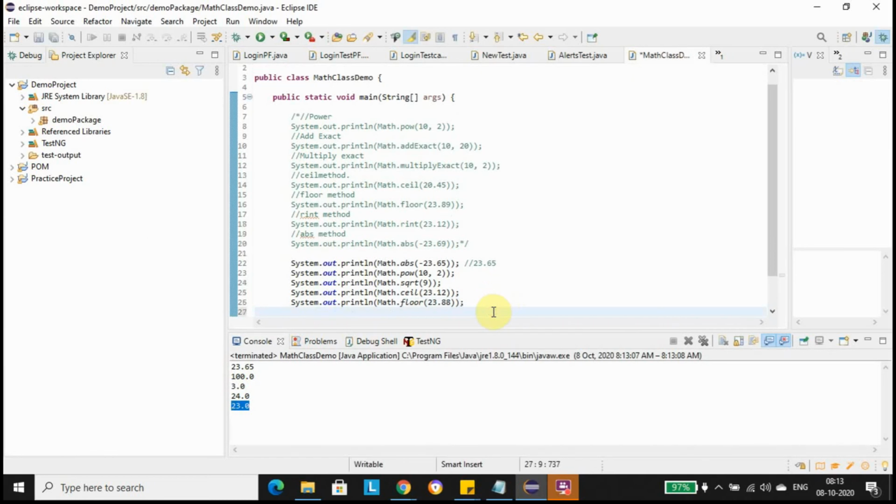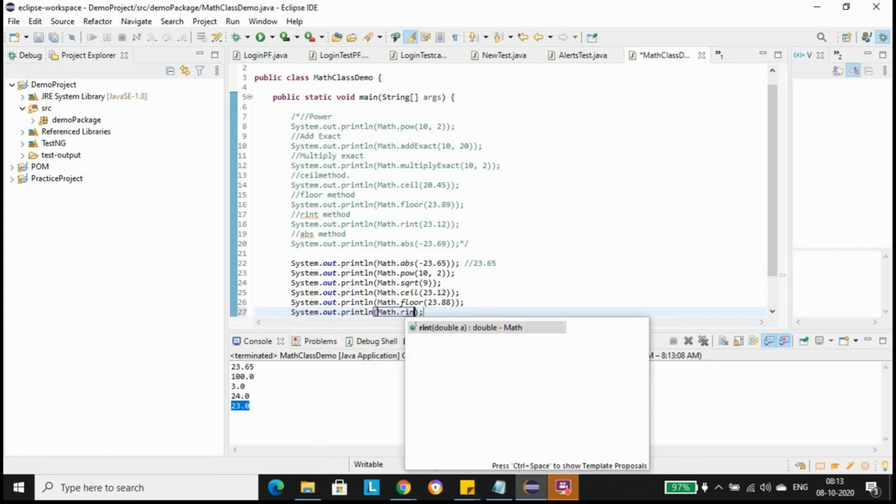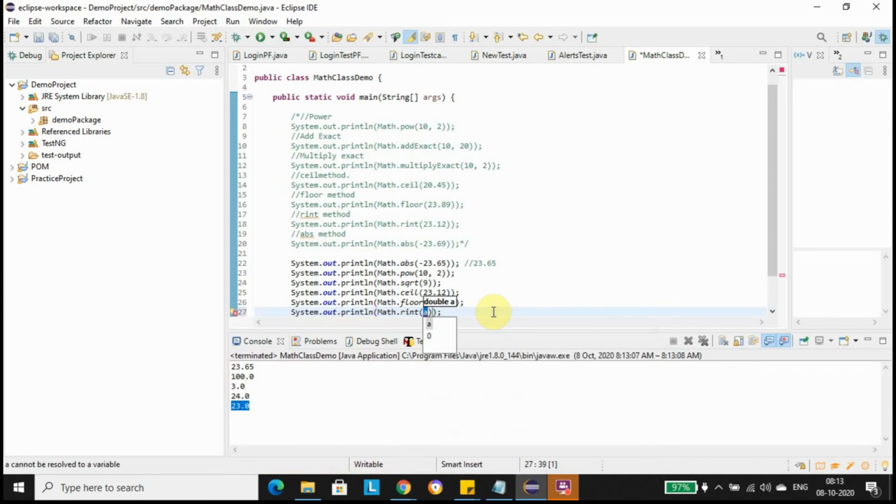We have another method that is called rint. What it does is it checks the decimal value, and according to the decimal value it either rounds up or rounds down. I'll show you that. Let's take 23.12.